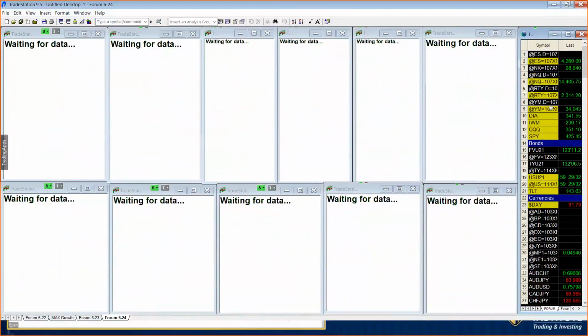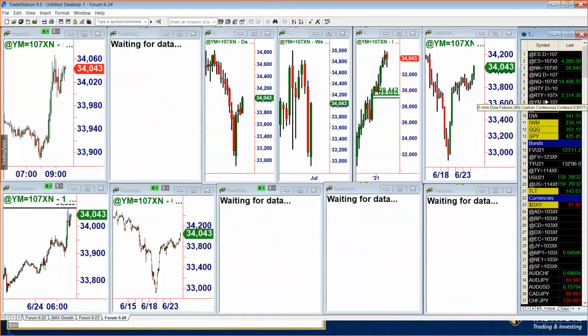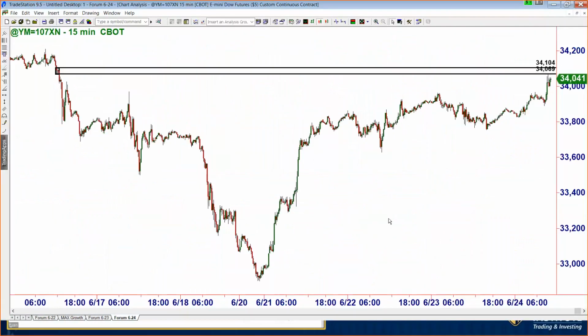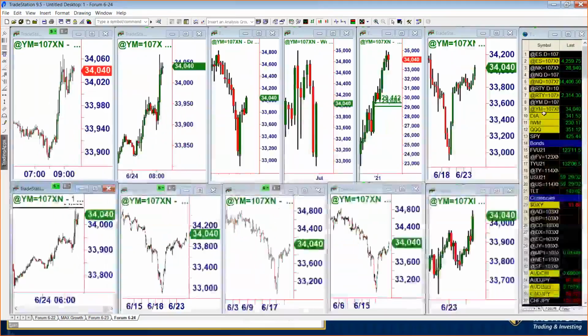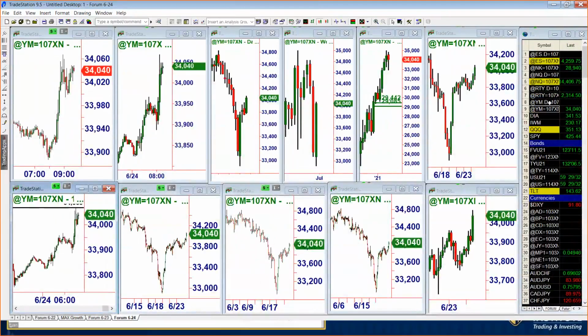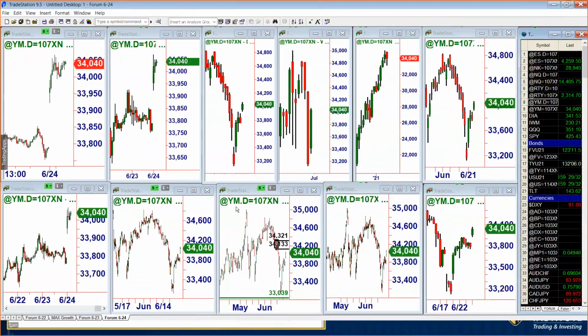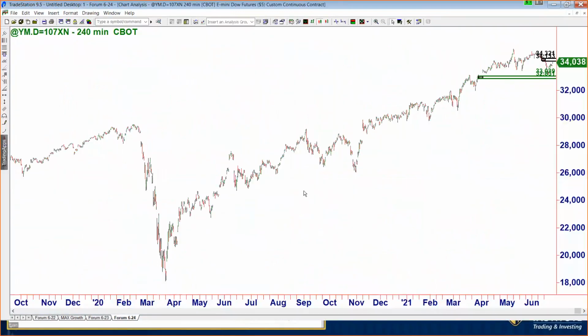So the Dow looks like it's hitting one of our zones right here. Just hit it. Okay, so we just hit the 34,070 mark, fell a little bit, and are sitting just below it. So there's that zone right there. And then I believe if we take a look at the Dow here,